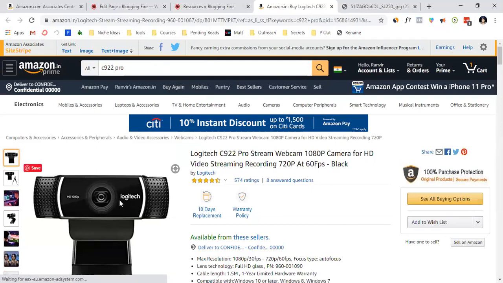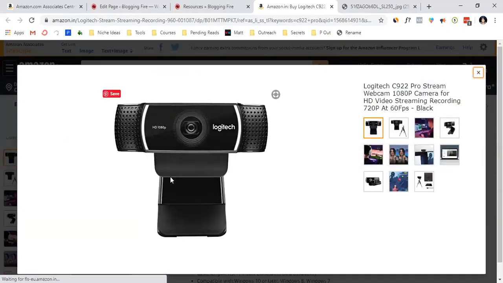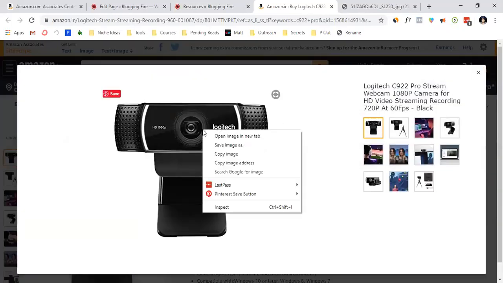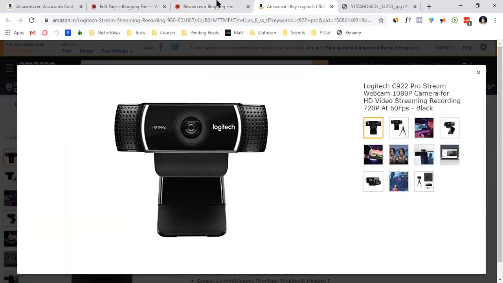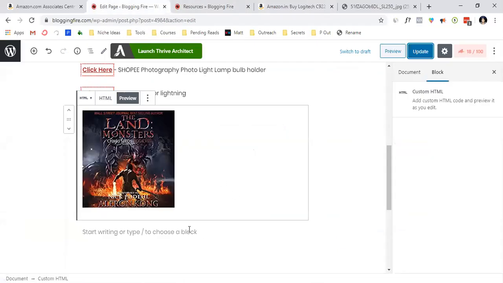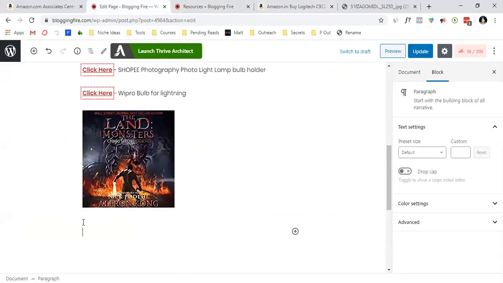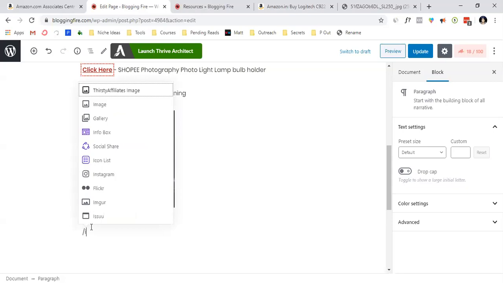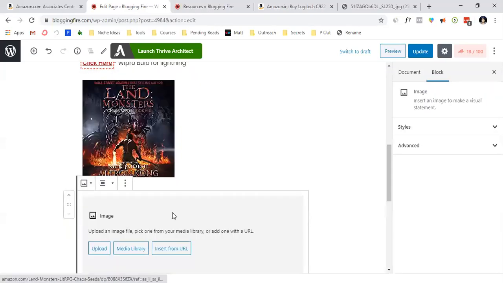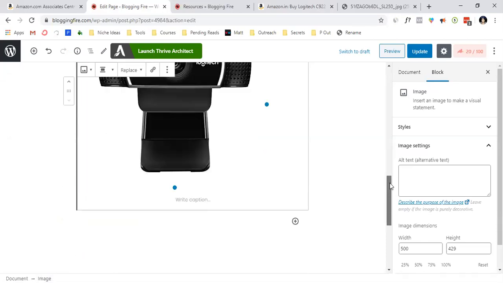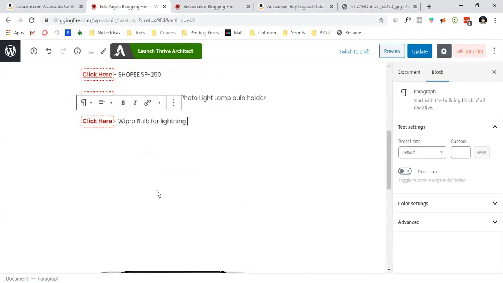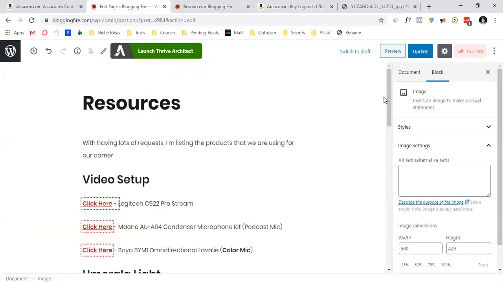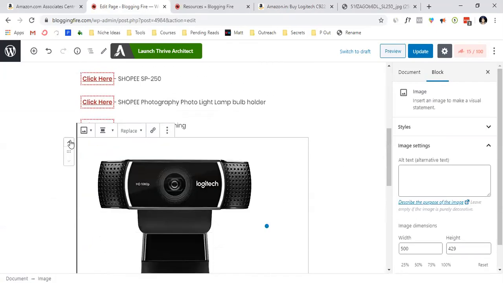So what I do for my sites, if I want to create an image, I will copy an image, then I write a simple HTML. I just did not need to write HTML as well. I just use this slash image, import from URL, paste the URL, and that's all. That's all you need to do. So let me remove this game or whatever it is, and let me place it above.